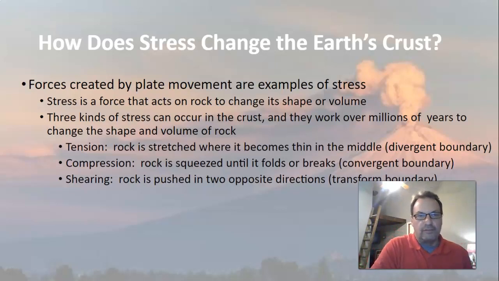When we talk about stress as it relates to rocks, there are three kinds. And remember the three types of boundaries we have. We have the divergent, where things move apart, convergent, where the plates move together, and then the transform boundary. And so those relate directly to the three types of stress that we have that change Earth's crust. The first one we're going to talk about is tension. Now, when you think about tension, you're thinking about getting stretched,